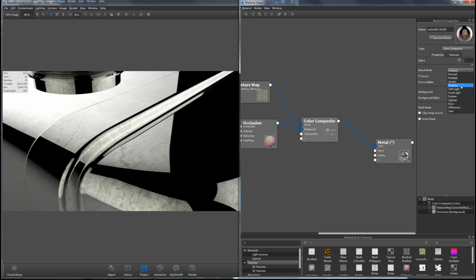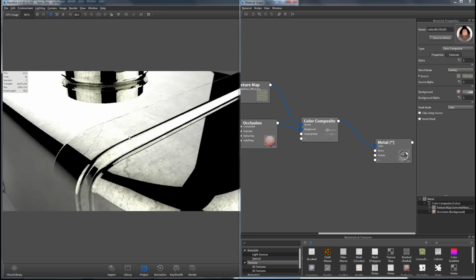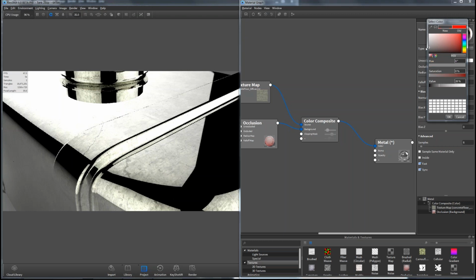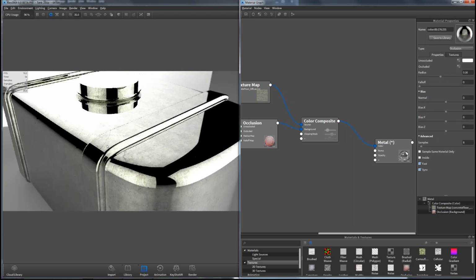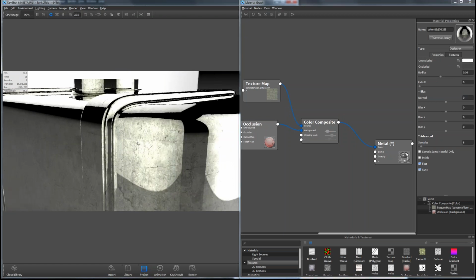Oh, or let's actually do overlay, right? Anything that was white got lighter, and anything that was red got redder, but we don't necessarily want red. Let's say we want to boost shadows, so we make that darker, right? Well, now I can use this color composite to start blending these textures, right?